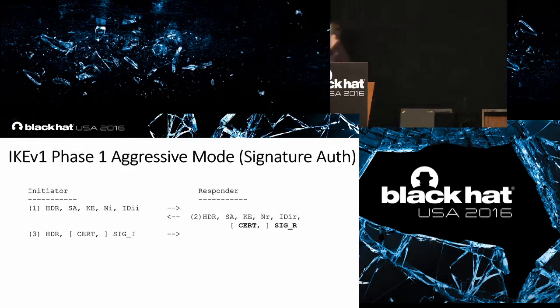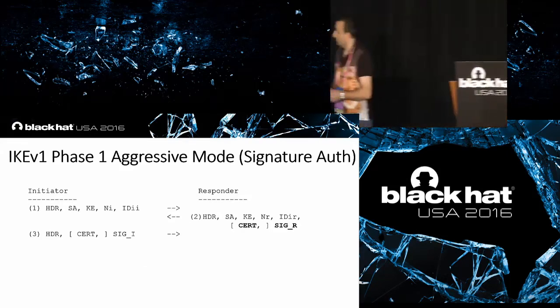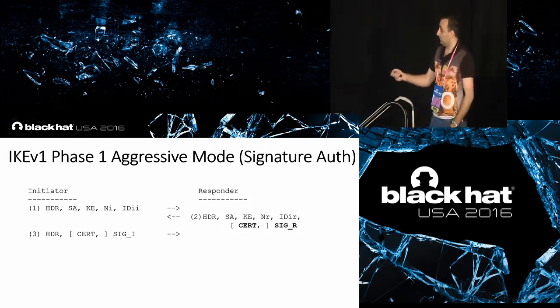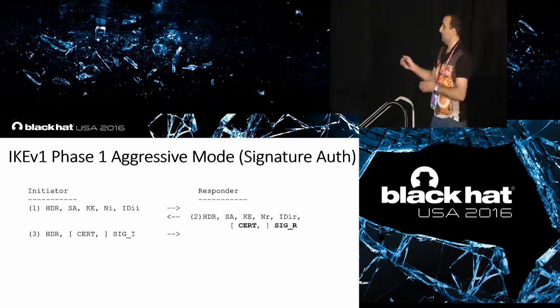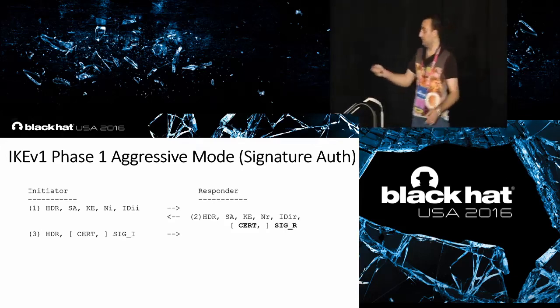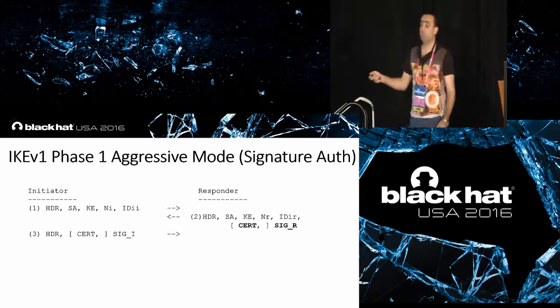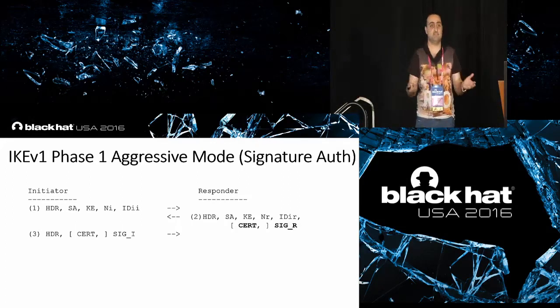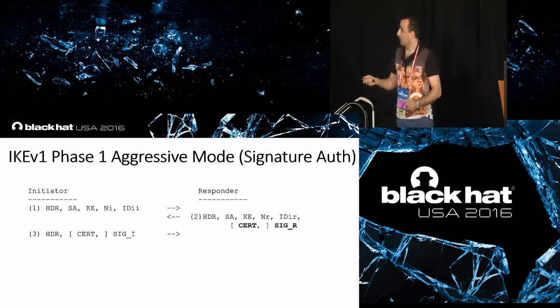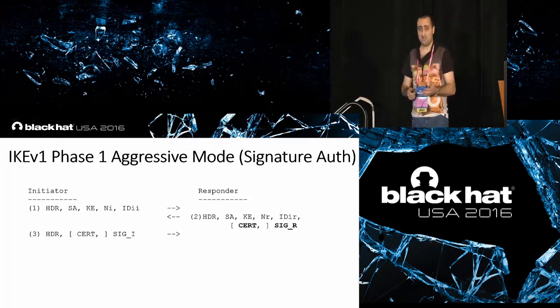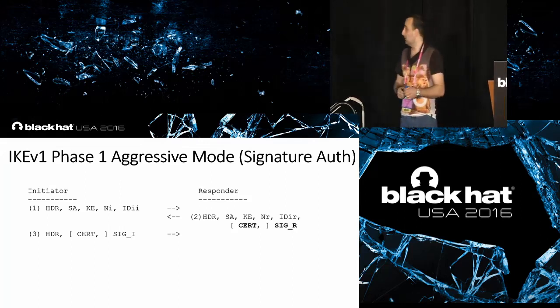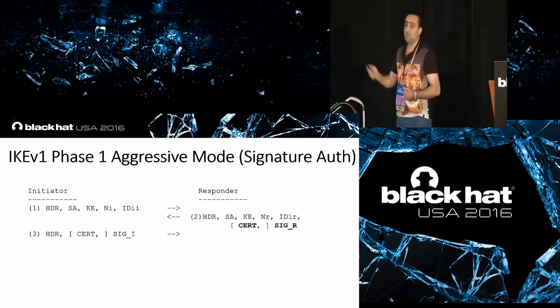But what happens if we instead use the aggressive mode with IKE version 1? Basically, the certificate and the signature of the server is used on packet number 2. So it is used in the very preliminary phase of the handshake. And this exchange happens inside a clear text channel, basically. So if we use IKE version 1 in aggressive mode with signature authentication, if all the preconditions are met, in just 2 packets we can derive the private key of the server.